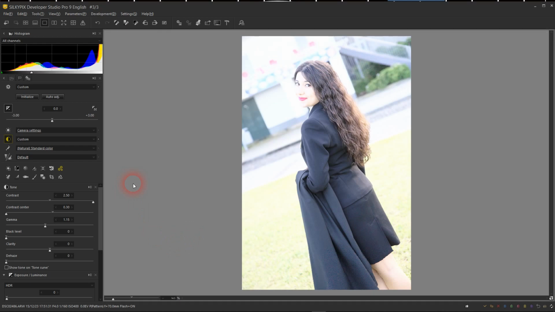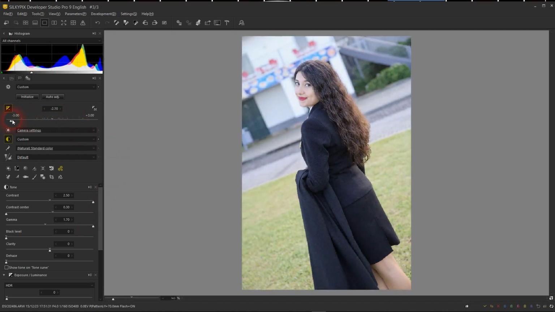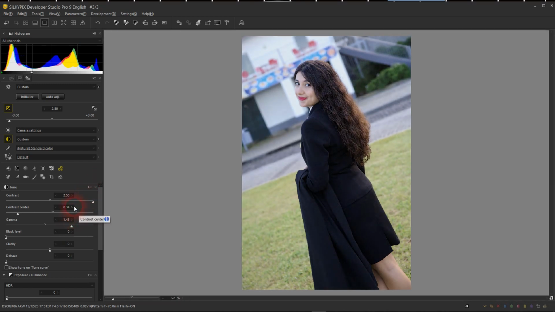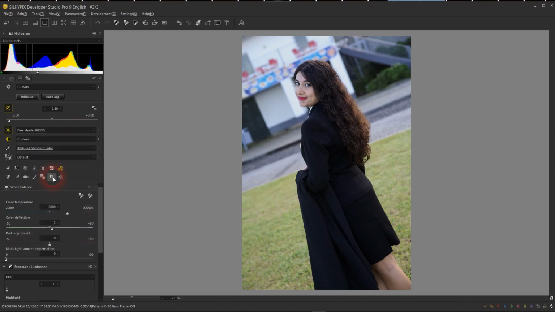After, we will use the gamma tool to push all the form of channels into the highlights to create a reference. So, use the slider and raise the value to 1.70 to mark the reference. Then use the exposure tool and look at the same time at the histogram to center all the form of RGB channels. There's no need to be precise. With the same principle in mind, to center, complete the process of adjustment. For that, take advantage of the characteristics of the gamma tool and make it dynamic. The contrast and contrast center tool should be used with small adjustments.